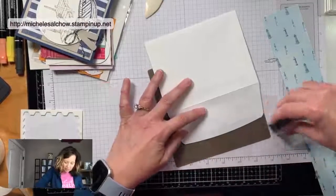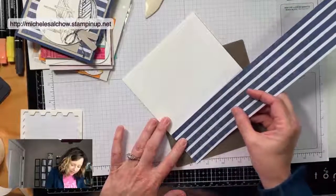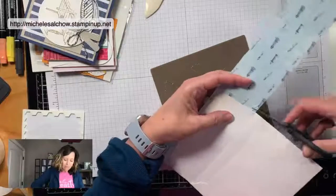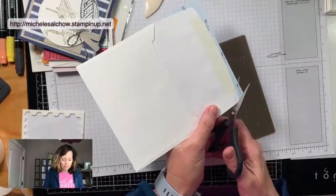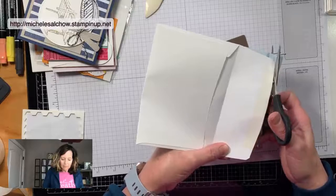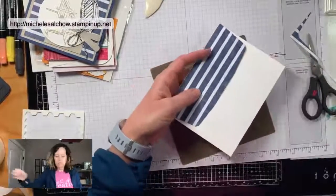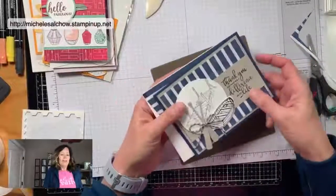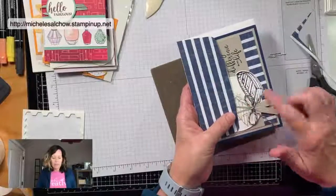This just adds an extra special touch. Take your Designer Series paper, run it along the edge. So I'm trying to do a better job of decorating the outside of my envelopes and the inside of the cards. And then you just cut this off. And there you go. Isn't that lovely? So there, that's just beautiful. I love it. Okay, so that is card number 1, using paper that is retiring, baker's twine that's retiring,